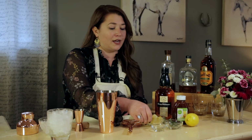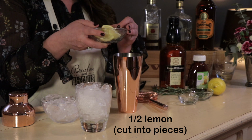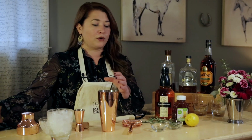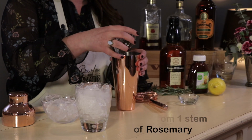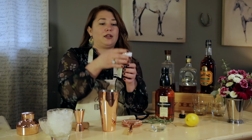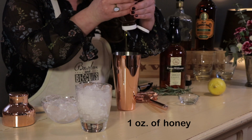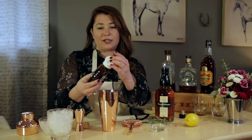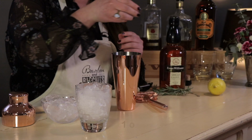So the first thing we're gonna do is take a half lemon that I've cut up into smaller pieces to make it a little easier to muddle. We're gonna put that in our cocktail shaker. With rosemary, I just pulled the leaves off of one stem. And then we're also gonna do an ounce of honey. I'm just gonna eyeball it, and depending if you like your cocktails a little sweeter or a little less sweet, you could do more or less. And then I've got 1 ounce of hot water,